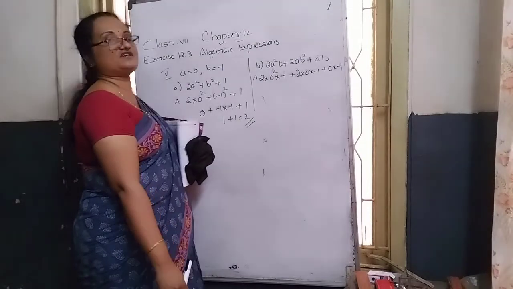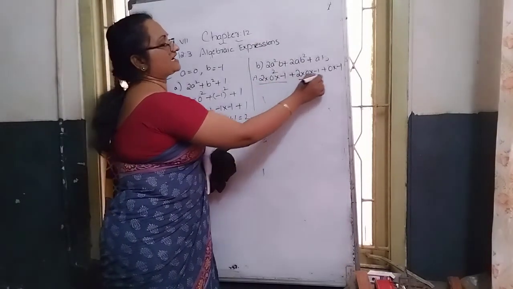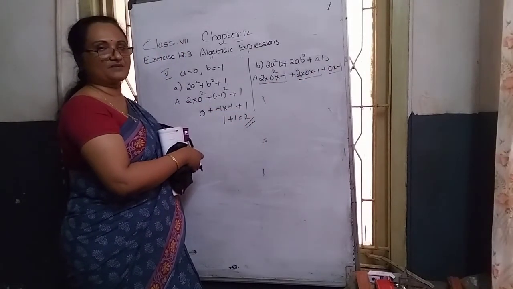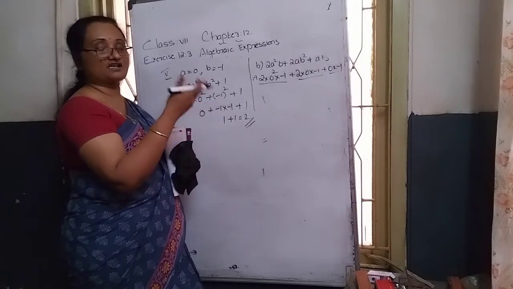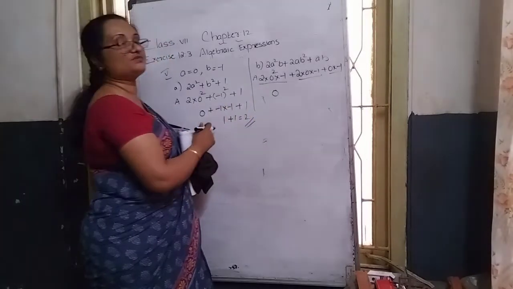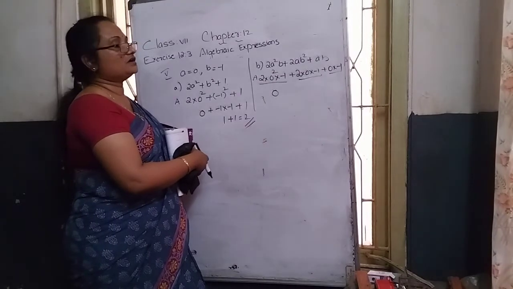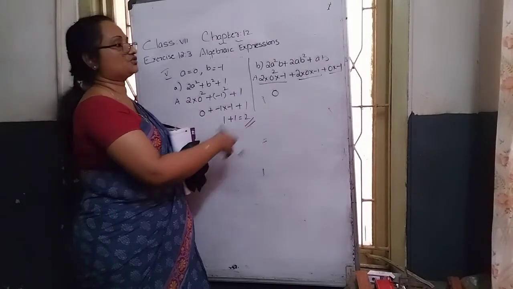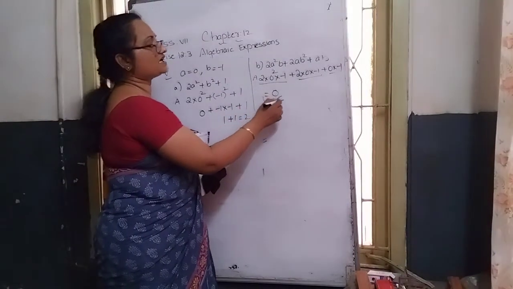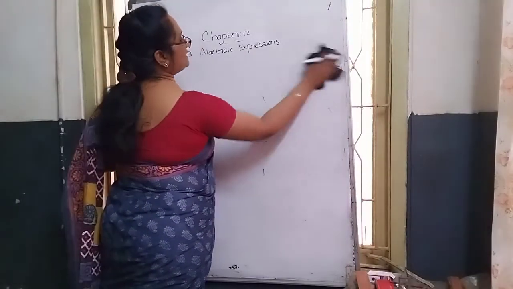In this way we substitute values. After substituting values, here first term, second term, third term. First term, 0 is there. We know any number multiplied with 0, 100 or lakhs or 10 lakh or crore or any number multiplied with 0, the answer always becomes how much? 0. Here also the second term also has 0, so that second term also becomes 0. Third term also has 0 into minus 1, becomes how much? 0. So the final answer becomes how much? 0 is the answer. This is the fifth Roman case.